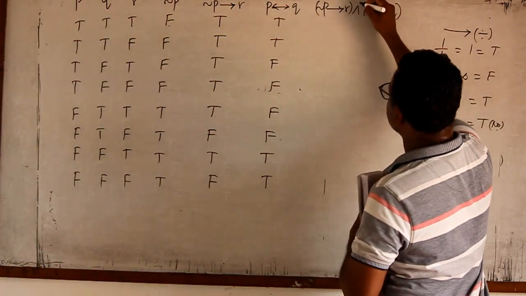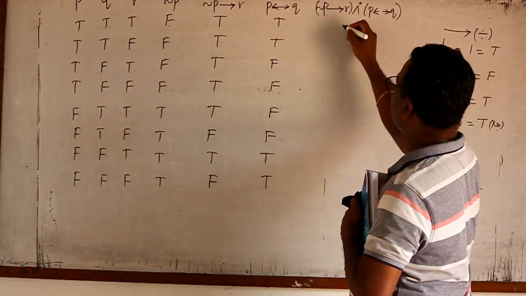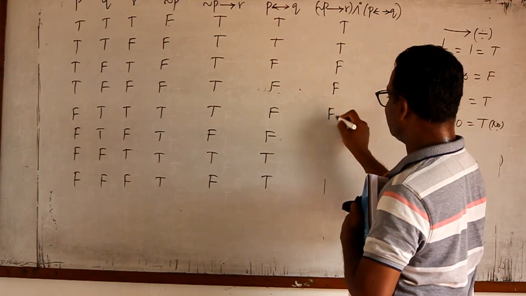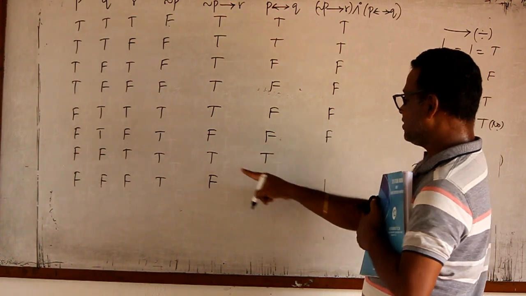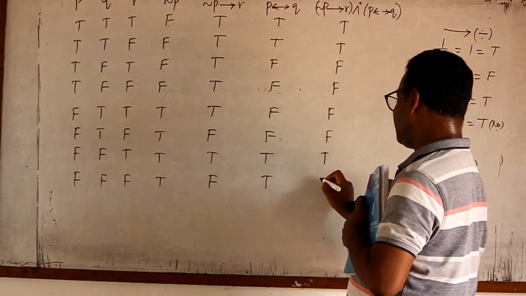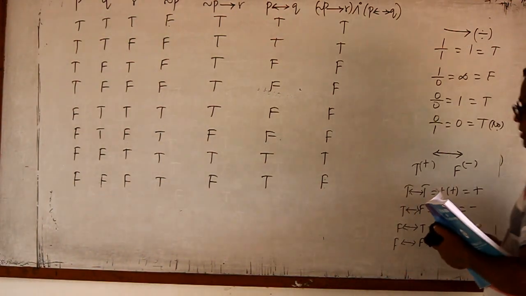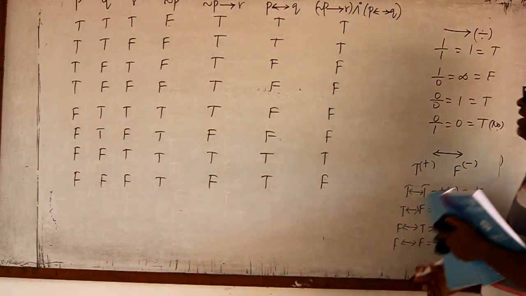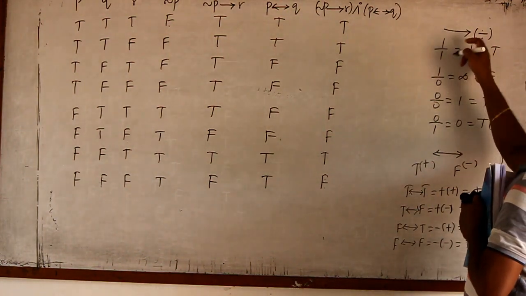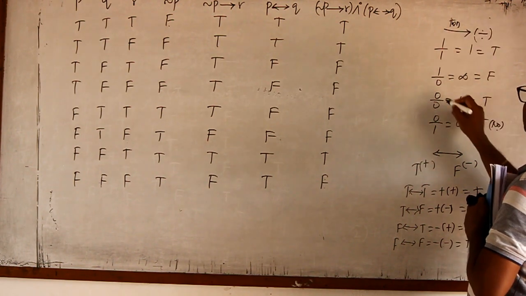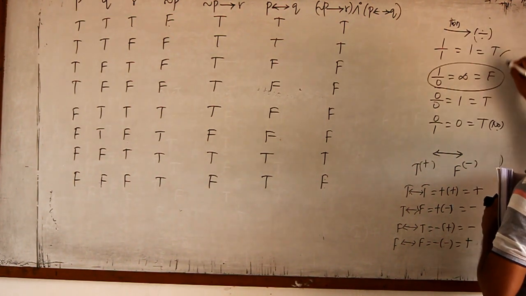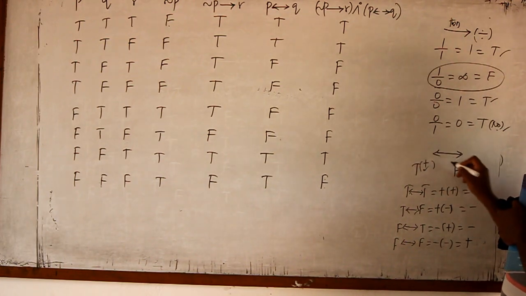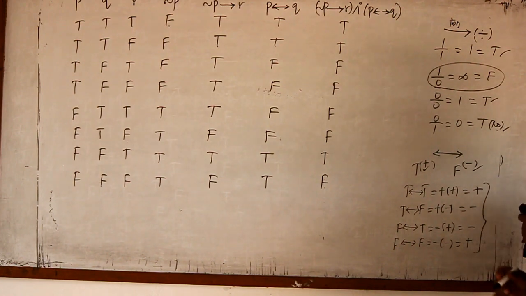Now cap, cap means into, I must multiply these two. Now 1 into 1, 1; 1 into 1, 1; 1 into 0, 0; 1 into 0, 0; 0 into 0 is false; 1 into 1 is 1; 0 into false is false. See, the answer is T, T, F, F, F, F, T, F. That's all. So, remember, implication means you must do division. In this value only false, all the remaining are true. If and only if means no 1 and 0, instead you must take it as plus and minus. Same thing we have to follow.